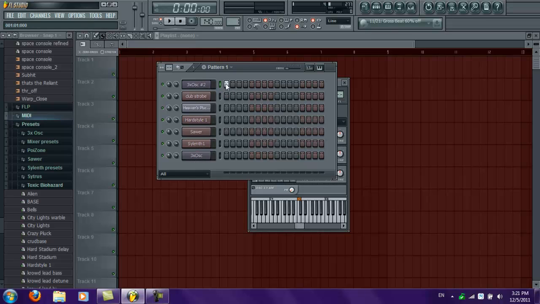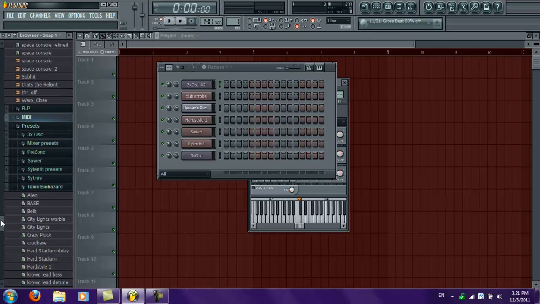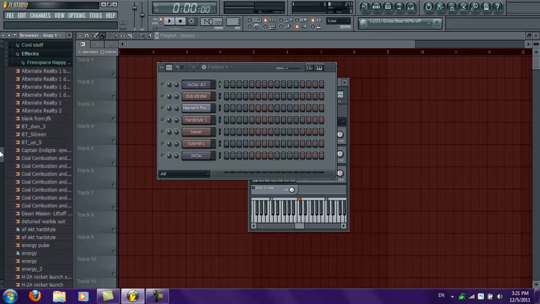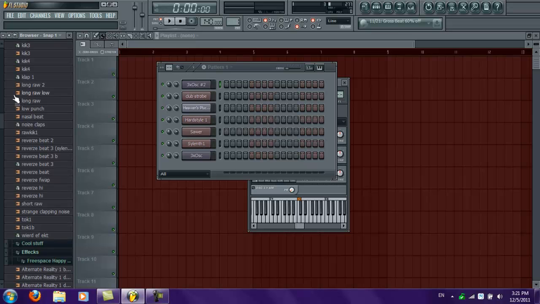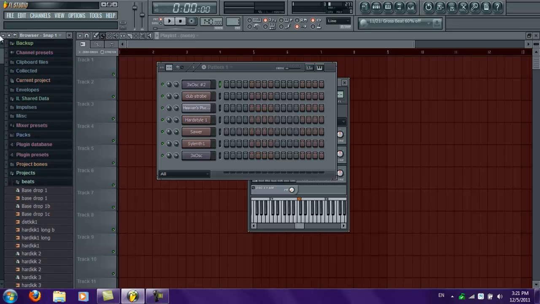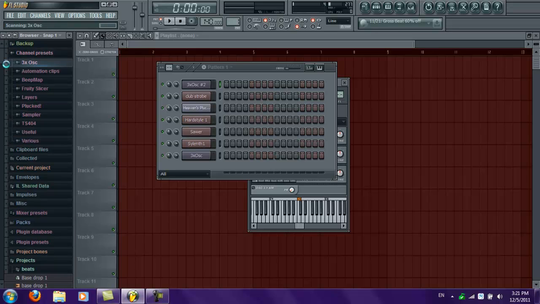to use in the piano roll, and also if you have drums in them. Let me add some of my kicks that I've made. Alright, so this is the library, what I'm going through right now. This is basically a list of where everything is. This is all stuff I've made, so you're not going to get that. I highly suggest you look in channel presets right here at the top, and 3x oscillator, because it has some